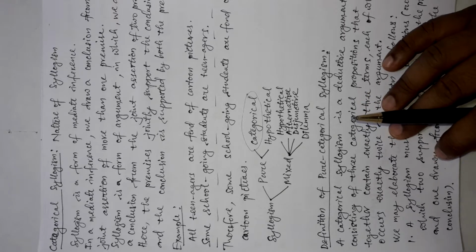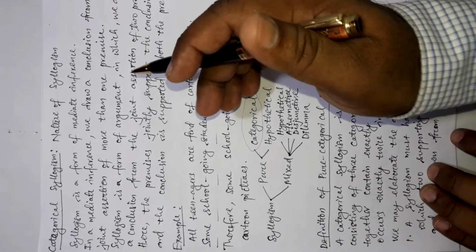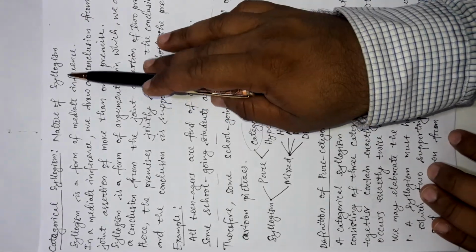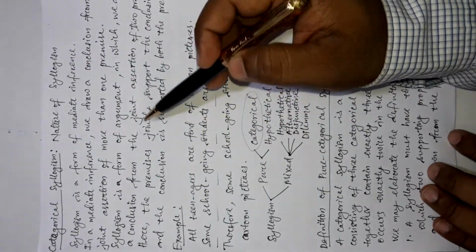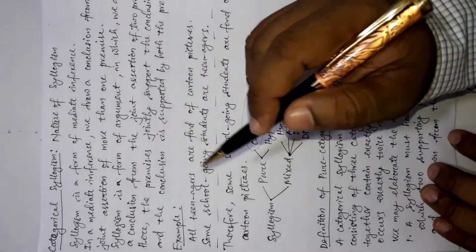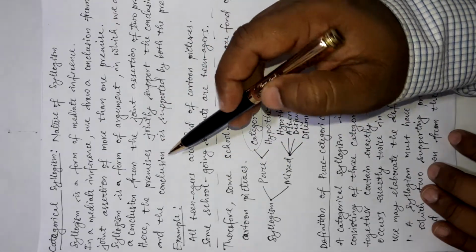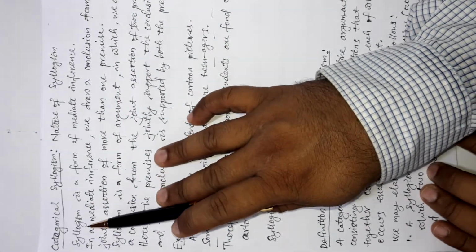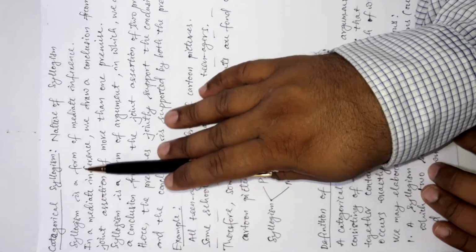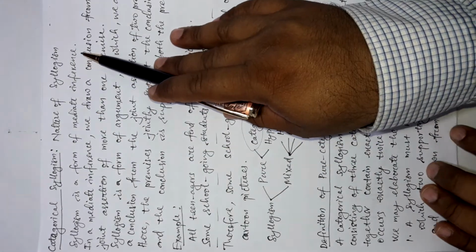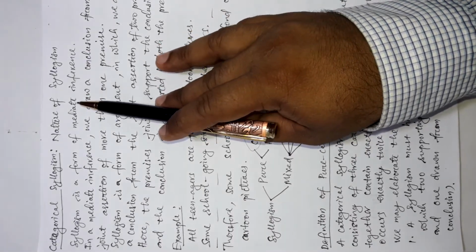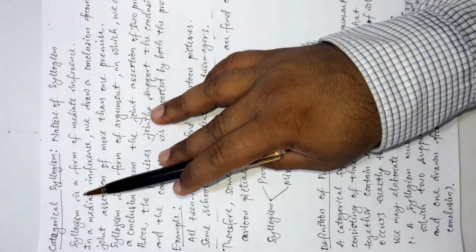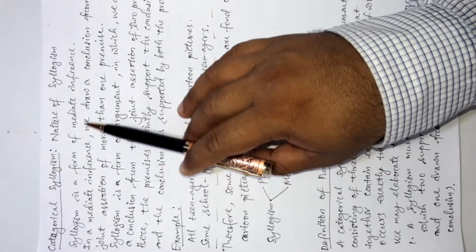Before moving further, first let us discuss the nature of syllogism. If I am saying syllogism here, I mean the whole class of syllogism that I am discussing at the beginning, and then I will come to a particular part of it, on which this chapter will be based. So, what is a syllogism? Syllogism is a form of mediate inference. In our previous videos, I already discussed mediate and immediate inferences. You can follow those videos.